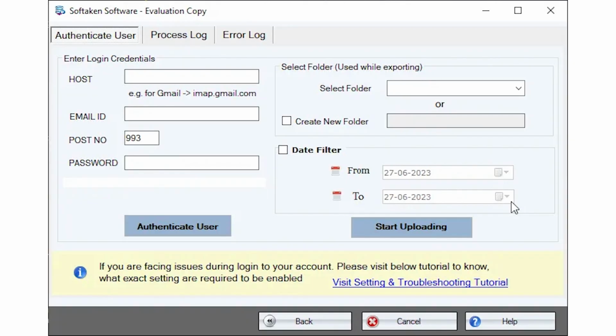With Softaken MBOX Conversion Suite, transferring, migrating, or converting MBOX files to your preferred format or platform has never been